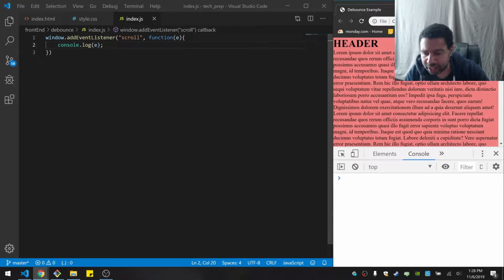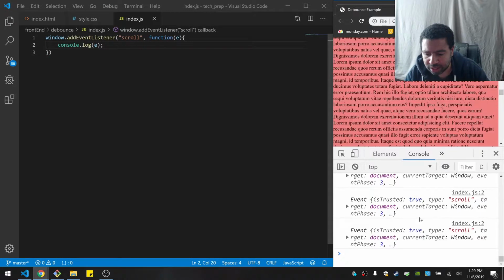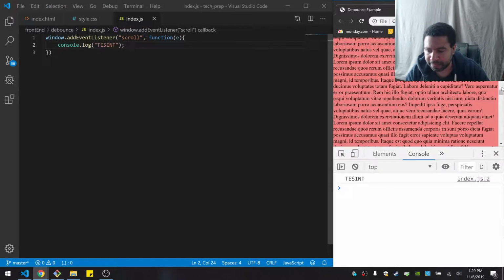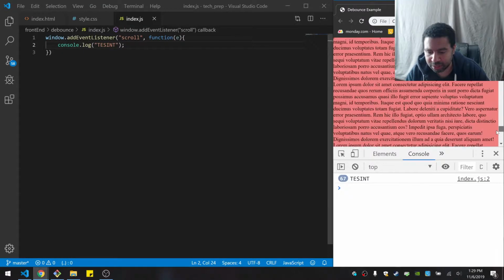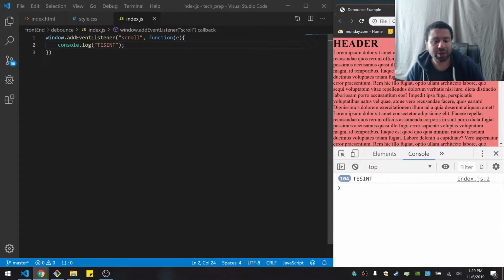So refresh. And when I scroll, this thing triggers very often. So instead of scrolling, I'll just scroll like testing or something. I can't spell anything. All right. So if I scroll, you see it keeps triggering, and it triggers a lot. So whatever I'm doing, I may not want it to trigger that frequently. Even though the scroll event is triggering frequently, I want to do what's called debouncing, and let's see what that